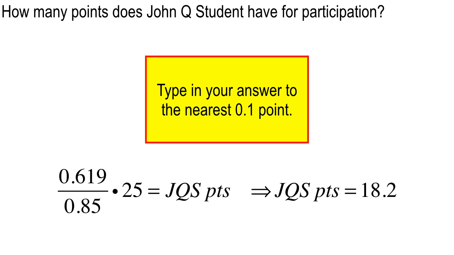And now, write down answer 18.2 out of 25. Side note, Dr. B always rounds up. So John Q. student would actually go to 19 points out of 25. All right, so I calculated this example out. I chose it very carefully to show the rounding up at the end. So don't forget that. Write down in your notes, Dr. B rounds up. I don't round to the nearest, I round to the next one up.